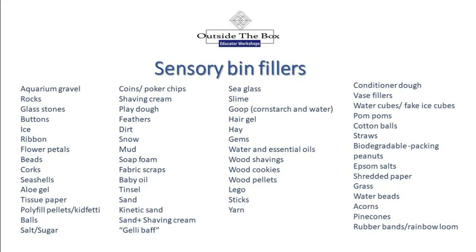If you're looking for some ideas on what to fill your sensory bins with, here is an awesome list: aquarium gravel, rocks, glass stones, buttons, ice, ribbon, flower petals, beads, corks, seashells, aloe gel, tissue paper, polyfill pellets or kidfetti, balls, salt or sugar, coins or poker chips, shaving cream, Play-Doh, feathers, dirt, snow, mud, soap foam, fabric scraps, baby oil, tinsel, sand, kinetic sand, sand and shaving cream, jelly bath, sea glass, slime,